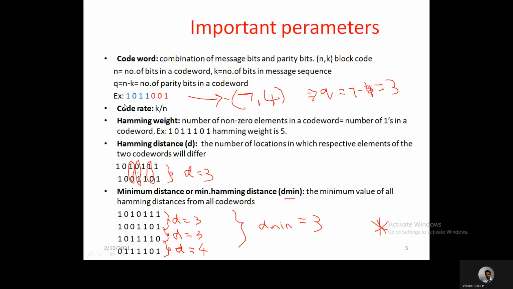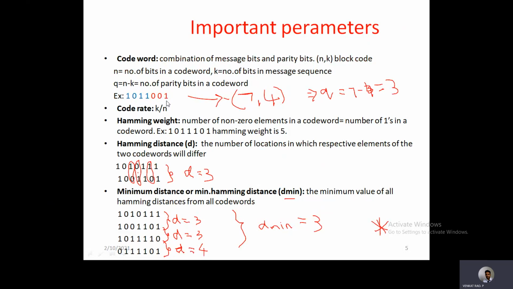For example, if you consider this code word having 7 bits, so n equals 7, and this code word contains a combination of message bits and parity bits. The blue lines are message bits and the extra added parity bits are these 3 bits. Let us assume that. So these 4 bits represent message bits, that is k equals 4.